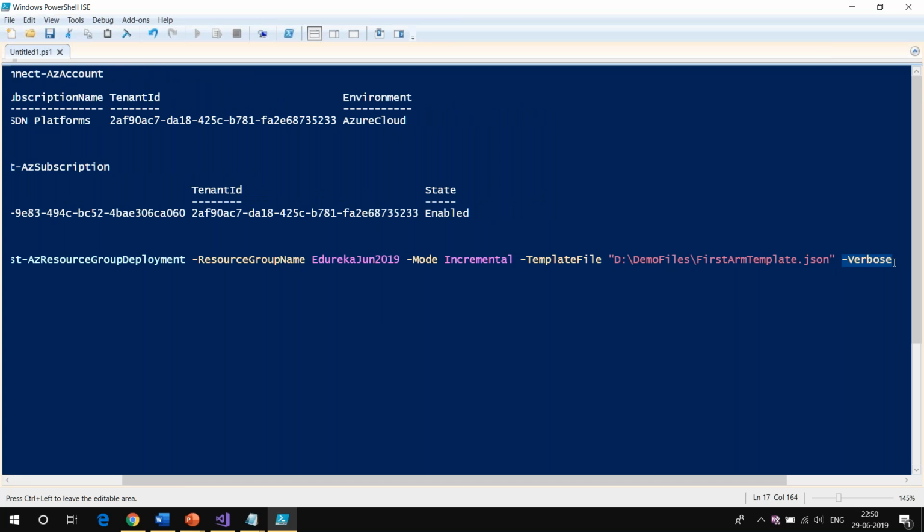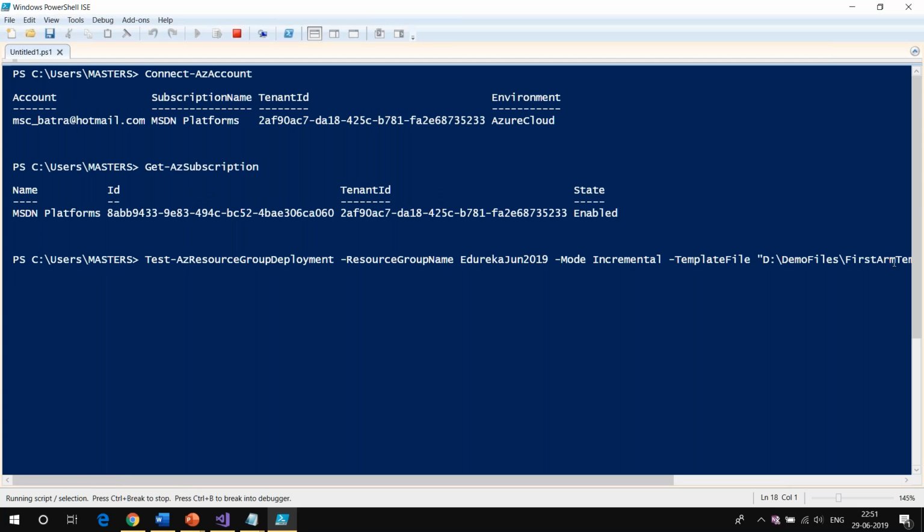What do we mean by verbose? If we want to get a detailed log of what is happening, then I can provide verbose. It is just going to provide some additional information of what is happening when I run this template. I'm going to press enter here, and it is going to pick up my ARM template and check if it is valid or not.